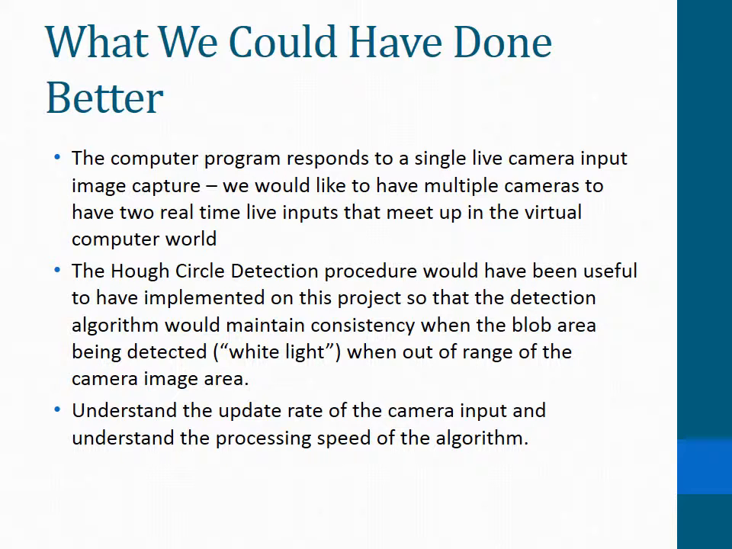The Hough circle detection procedure would have been useful to have been implemented on this project, so that the detection algorithm would maintain consistency when the blob area that was being detected, and of course which was referring to the white light, went out of the range of the camera image area. Again, we mitigated this issue by changing the light source and the structure of the light source. It would have been better, I think, to deal with this in the code environment,